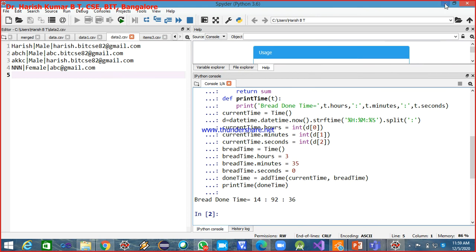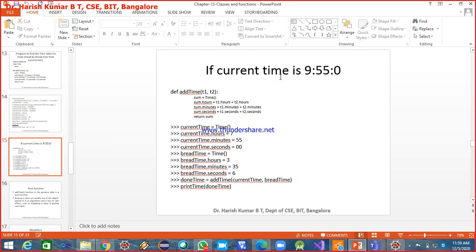The same thing is explained here. If the current time is 9 hours 55 minutes and 0 seconds, when I perform this addition of the two instances, something like this, say for example 7 hours is the current time, 55 minutes and 00, and the bread time is this.